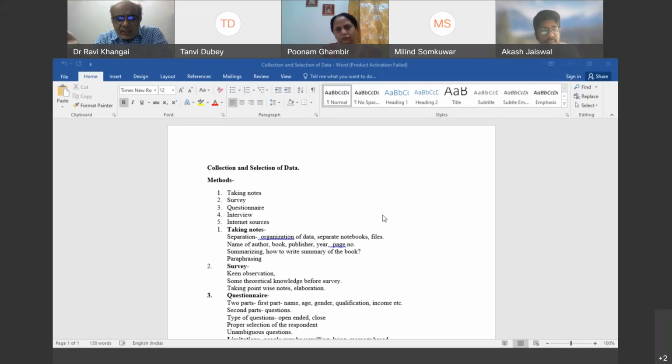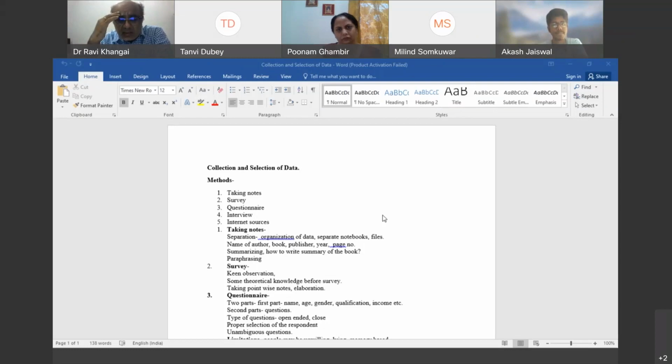Otherwise, if you directly go to the temple, you may not know which temple was constructed in the Bhosla period and which temple belongs to the British period. And you may just start wandering around. Your research will never be pinpointed, never be a focused research, which is a very important thing in research.